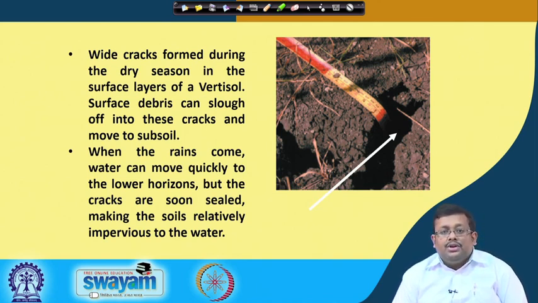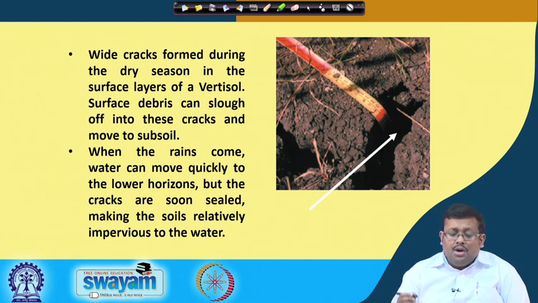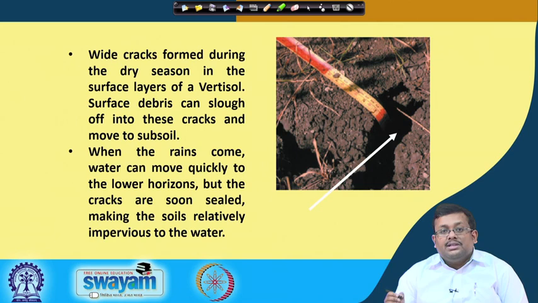In the last lecture we were talking about different vertisols and the important characteristics of vertisols. We discussed that vertisols form wide cracks during the dry season, and they swell during the wet season. This property is called swelling and shrinkage, and it is a very important property as far as vertisols are concerned. Now another important feature is called slickensides, and let us see what slickensides are.